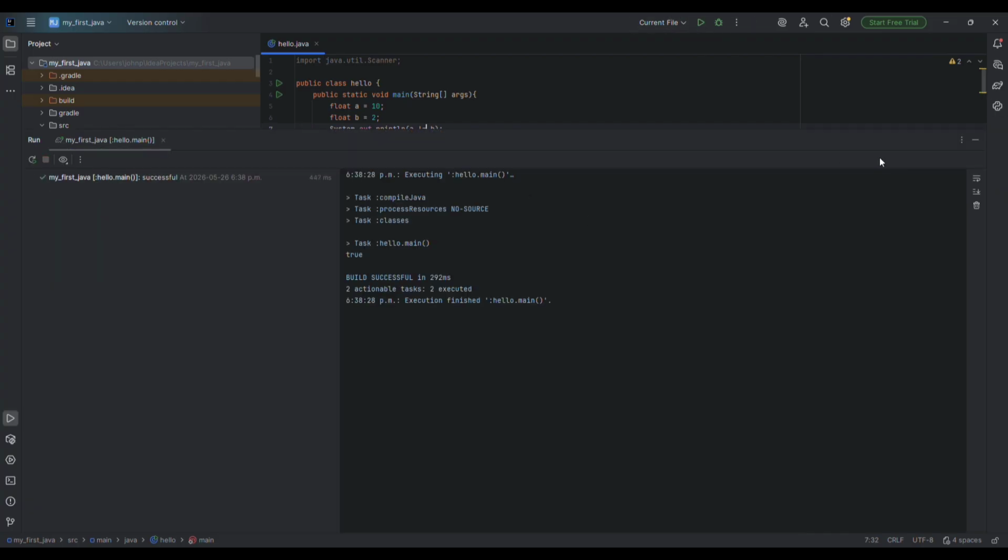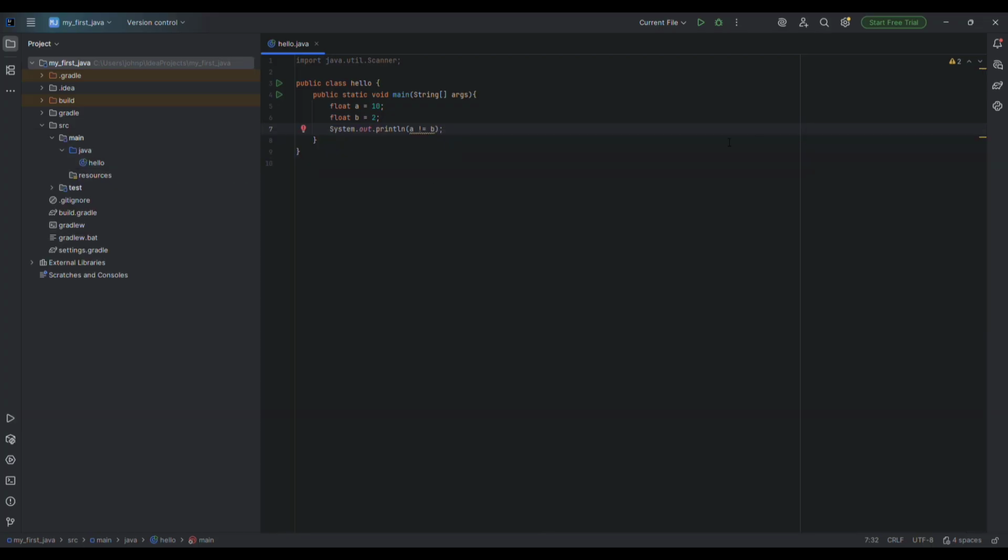Not equals is the exclamation mark, then the equal to. So now if we remove that,